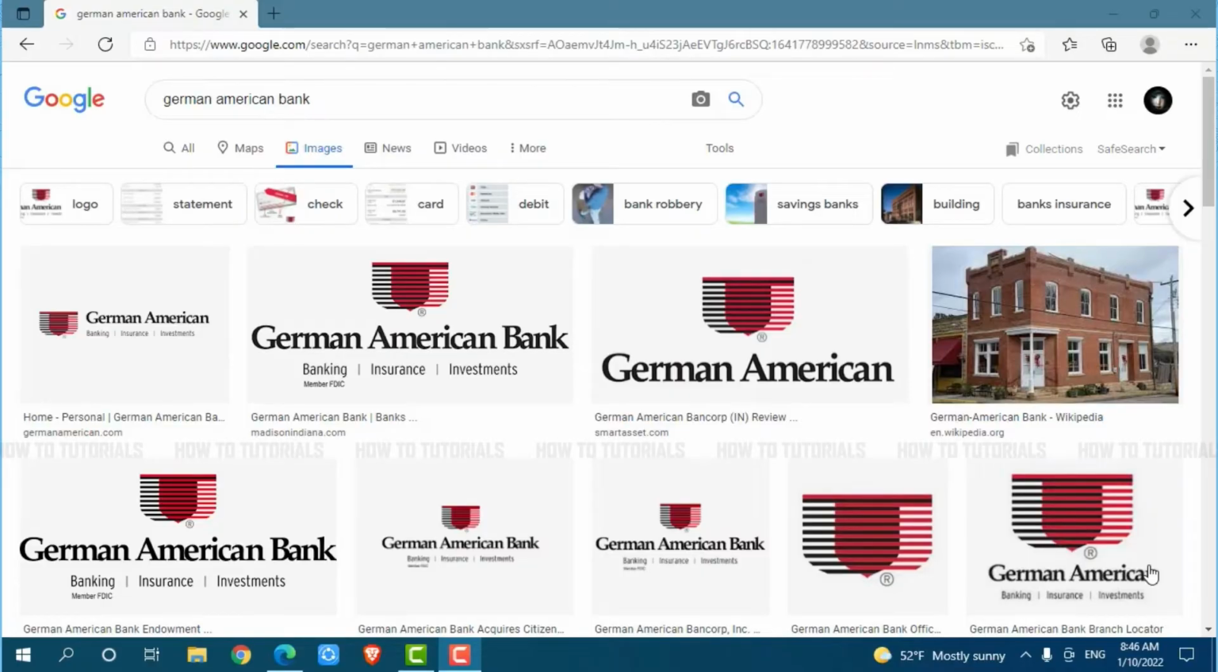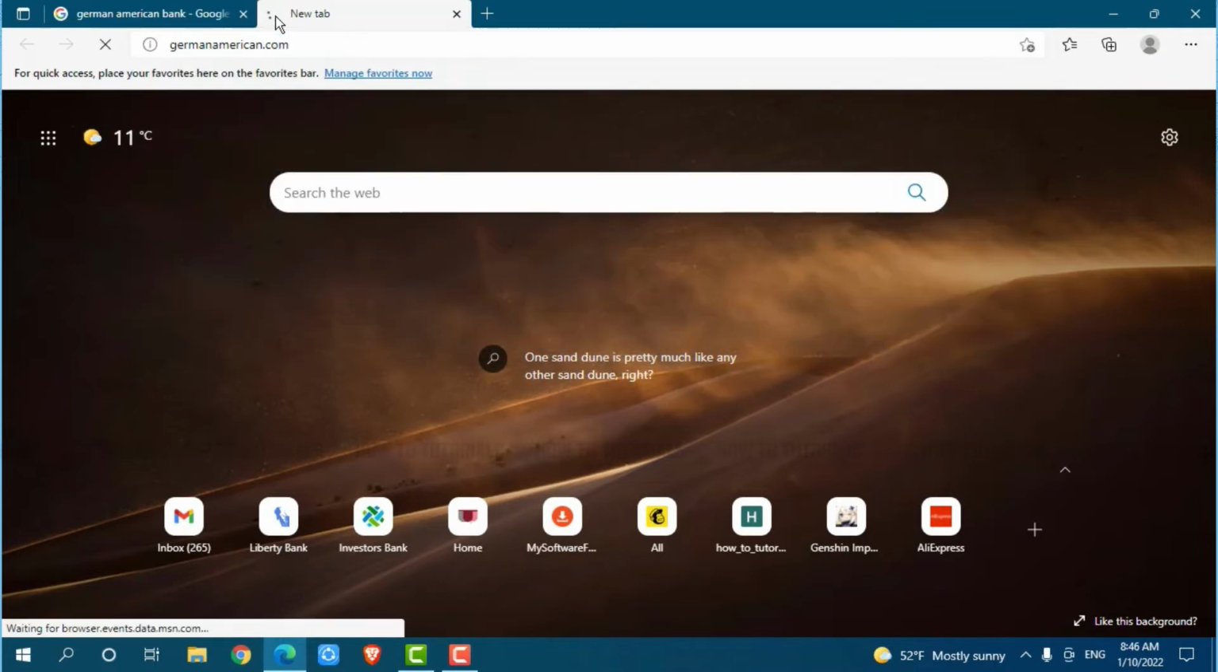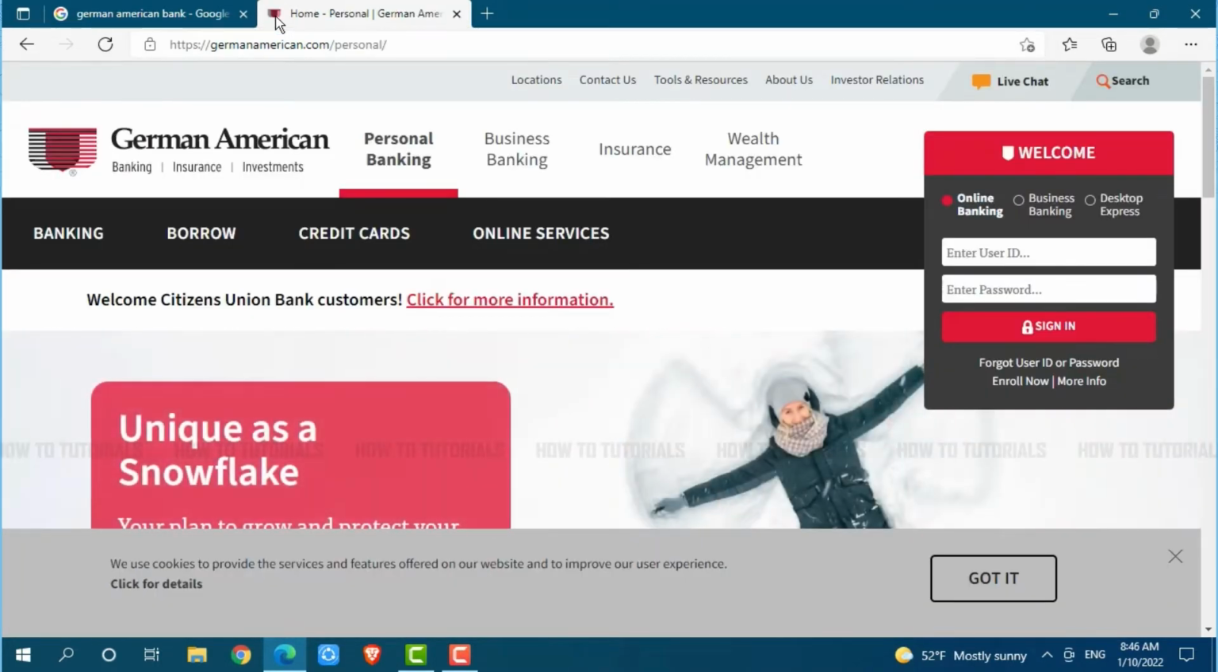First of all, you need to open any web browser on your PC, as I am using Microsoft Edge for this. Now go in for a new tab and search for germanamerican.com and press enter. Here at the official webpage of German American Bank, you can see the login form page